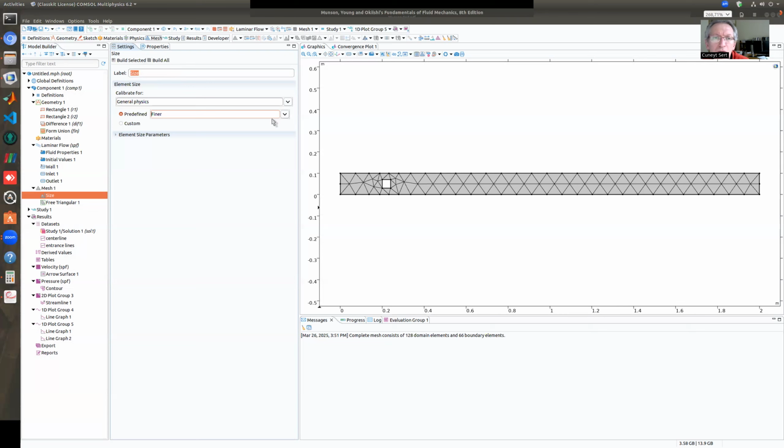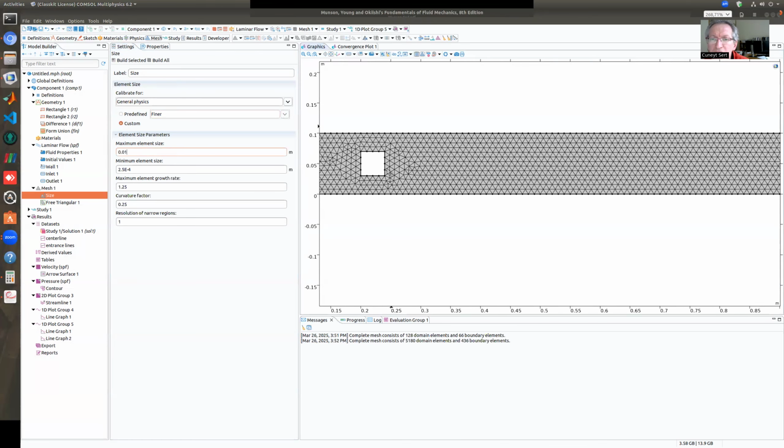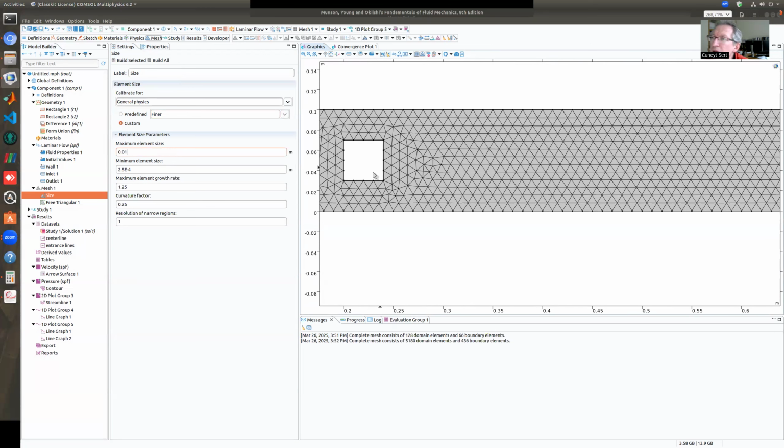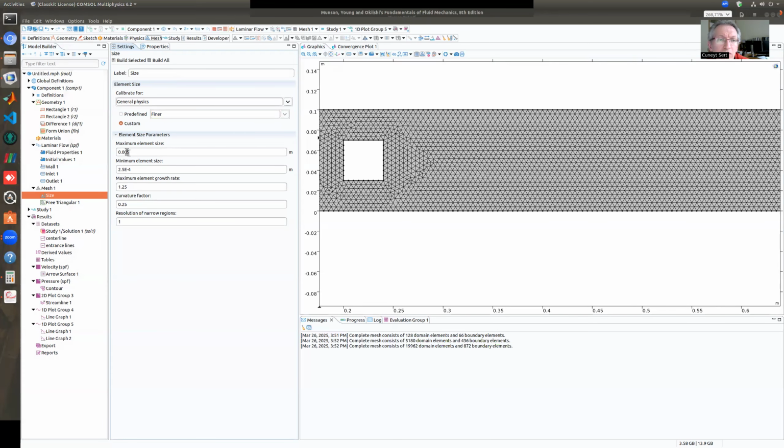Come on, generate it. Whatever, I will go with the custom sizing and I will say 0.01 and then, oh, this is a mesh that these settings generate. It is not fine enough, I guess. I will make it a bit smaller, build all triangular elements. I will go with that one and maybe even smaller than this.